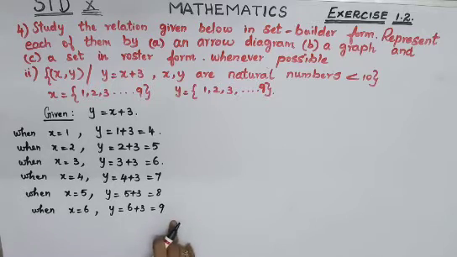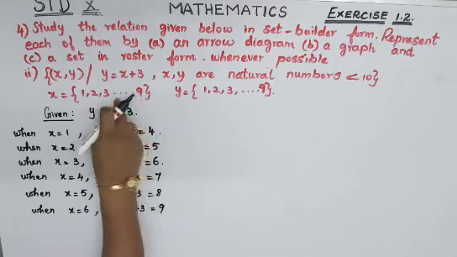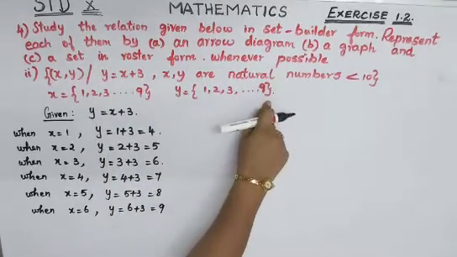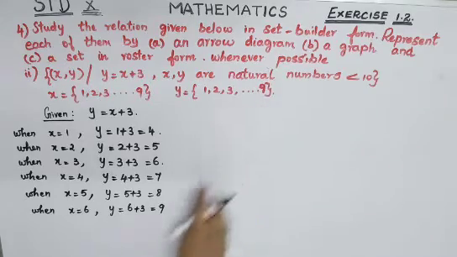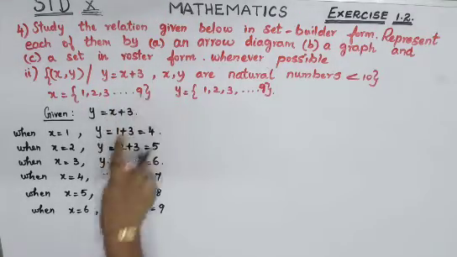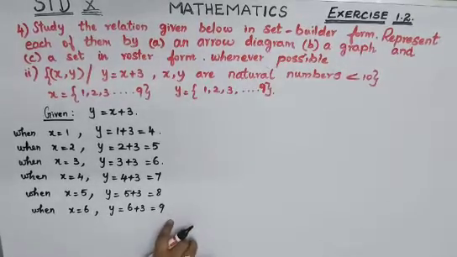So till 9 only they have asked you. Even though if you got values from here, that is 7, 8 and 9, you can substitute it. But see, in your y up to 9 only we have got it. So we have got the value up to 9, so you'll have to stop it over there. Please don't find it for 7, 8 and 9 in your x because it will exceed your y values. So just stop it over here.